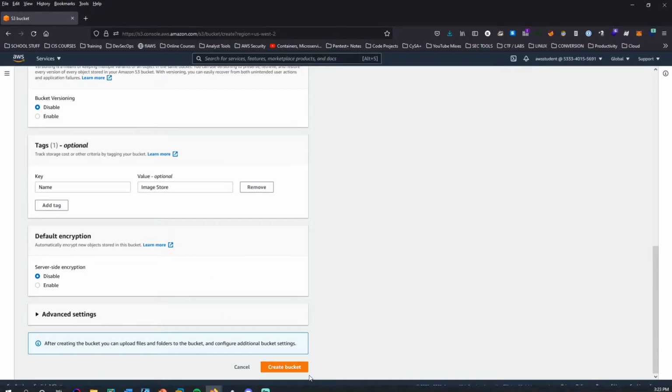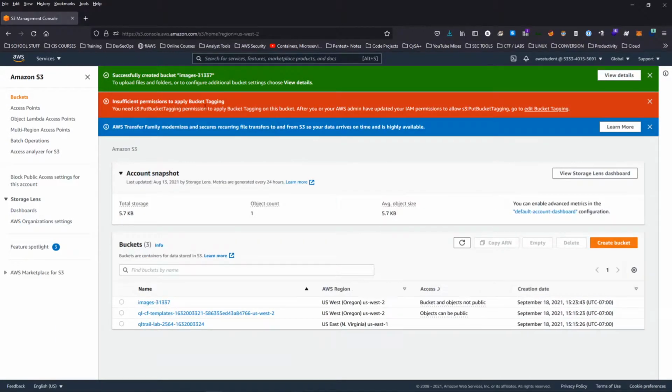Oh, there we go. Okay, yeah, and I was correct. Insufficient permissions to apply bucket tagging. In general, if you ever get some warnings on things like this, don't stress too much. Sometimes these free labs, there are things that it attempts to trigger, but you just don't have permission because it's a free lab. So it doesn't necessarily mean that something is broken or anything like that. So, okay, so we see that I have my images